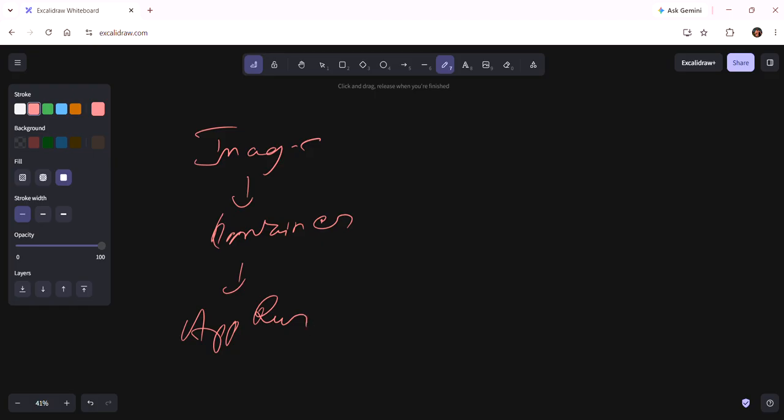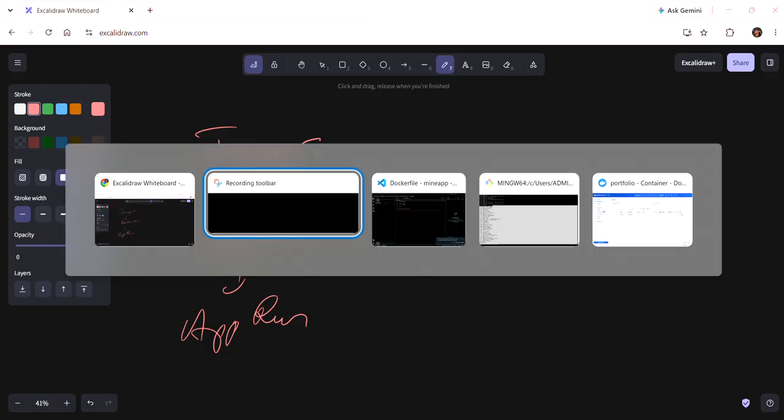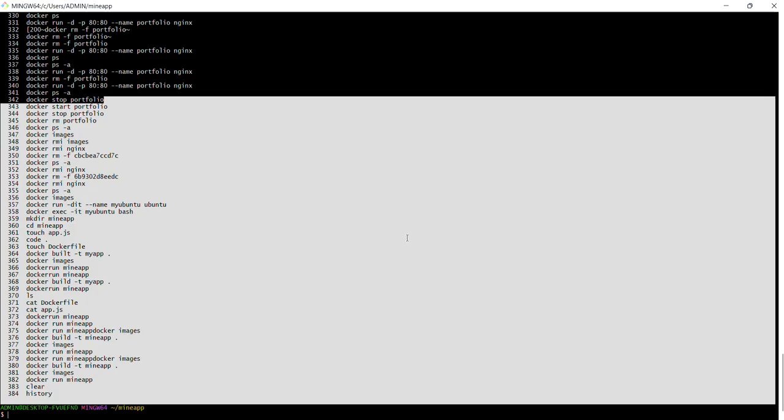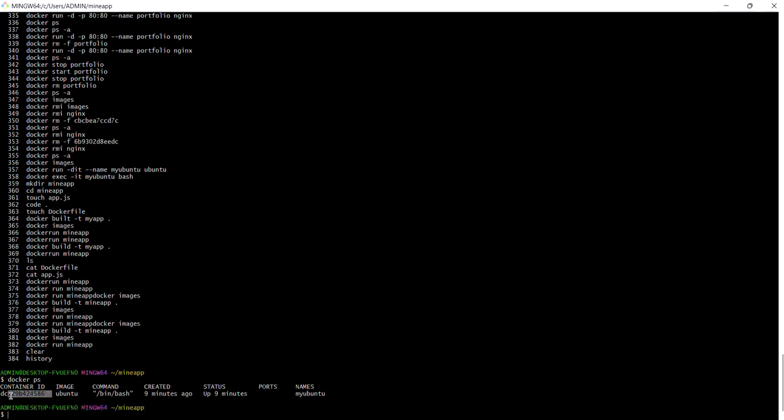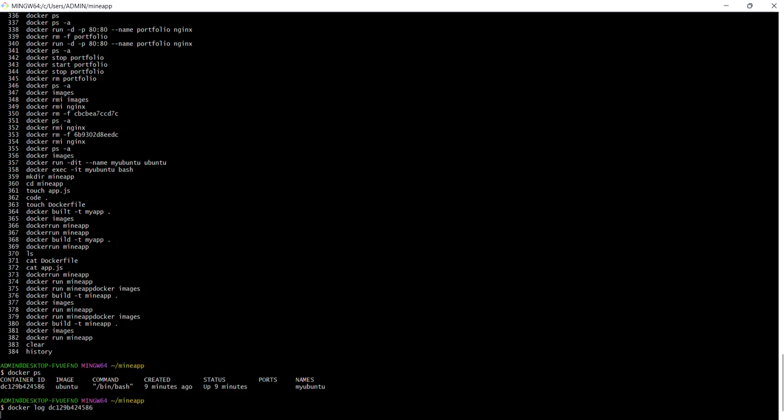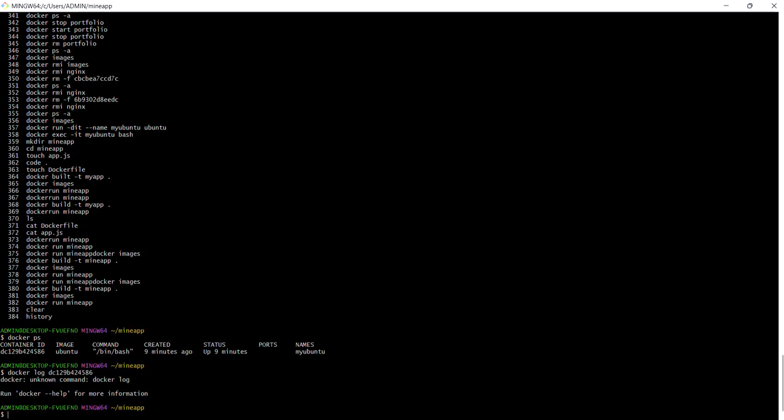Docker logs, container ID. This is the ID. One command is pending with that. So docker logs. See the application output and errors, like checking CCTV camera footage.